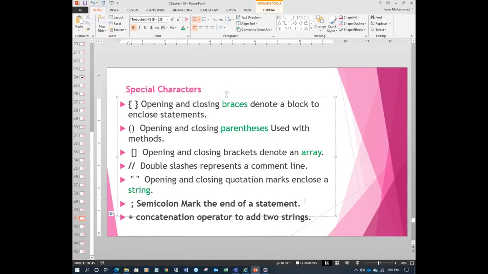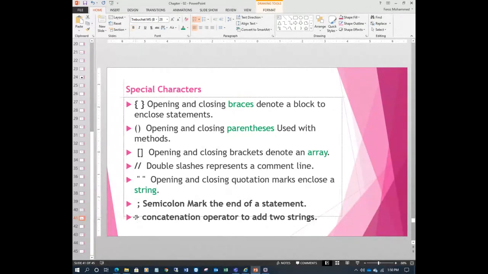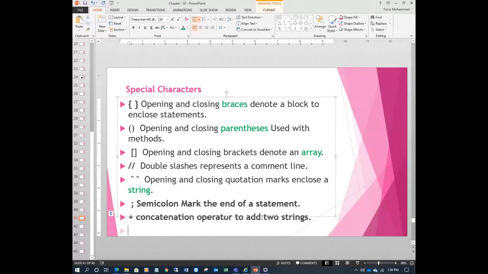Each statement must end with a semicolon, meaning the statement ends there. Now what is plus? We'll see this later on, it is used to add. And the slashes are mostly for comments.